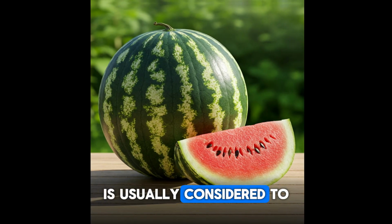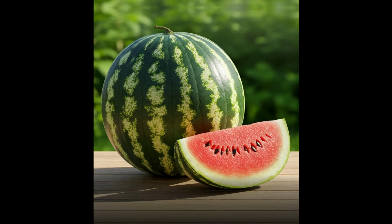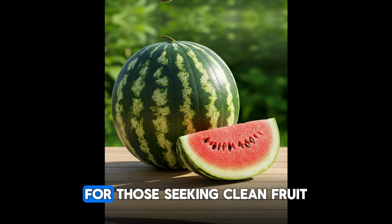Watermelon is usually considered to have low pesticide levels. It is often seen as a safer option for those seeking clean-free